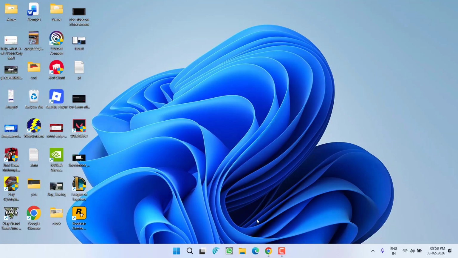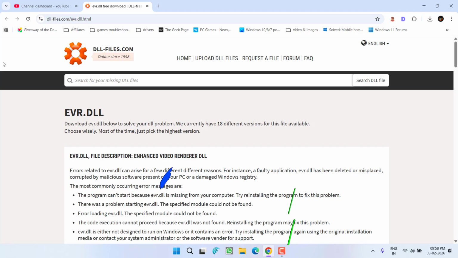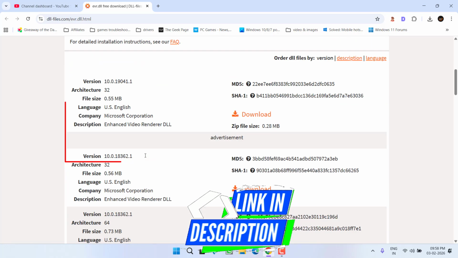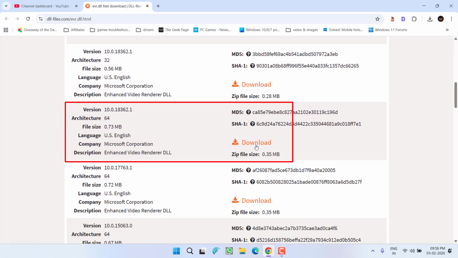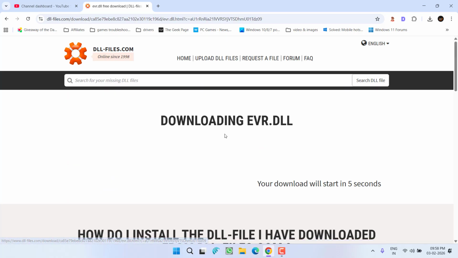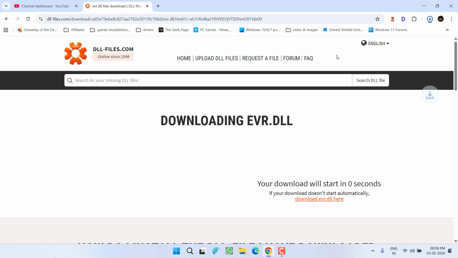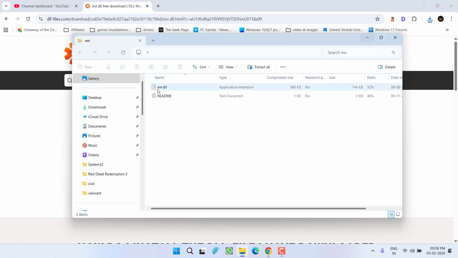If this fails to work out, open up your web browser and open up this particular DLL website. Scroll down and from here you need to download the 64-bit version by clicking on the option Download to download this file into your system. Wait for a few seconds for the file to start downloading into your PC. Save it into your system and once it is downloaded, open the zip folder, right click on the DLL file